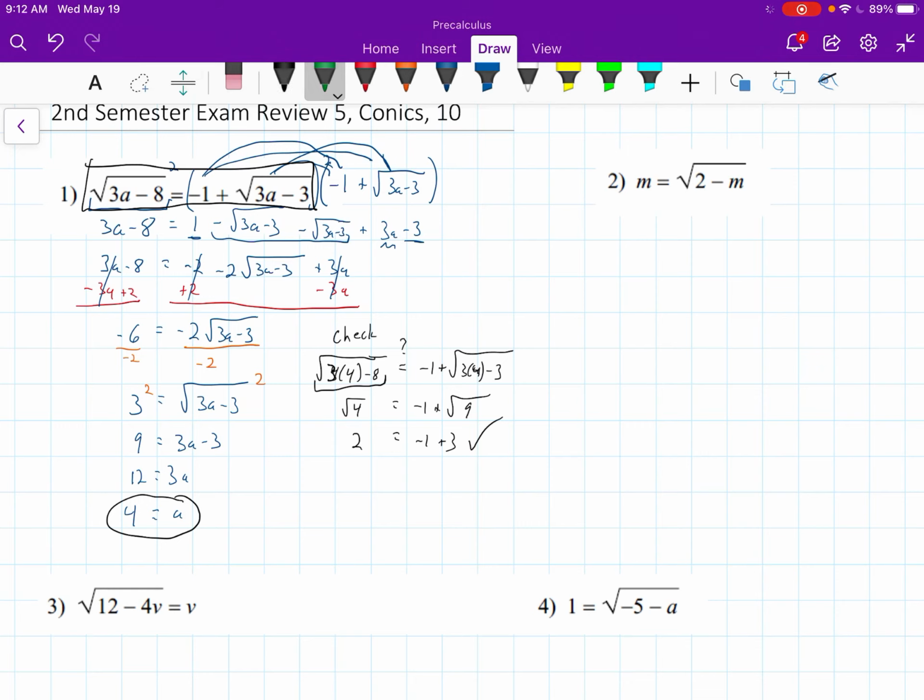Going right to number 2. Again, we want to isolate the radical. It actually is isolated already, so we can just square both sides. And so we have m squared equals, the square root cancels with the squared, and we have 2 minus m. This is a quadratic equation, so we want to get everything to one side and see if we can factor. So we'll add m and subtract 2, add m and subtract 2,